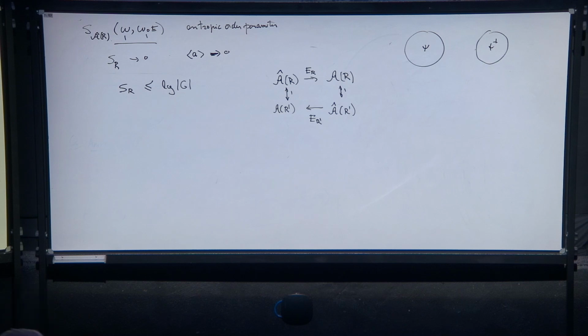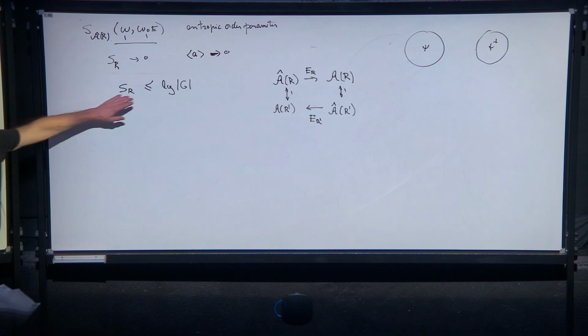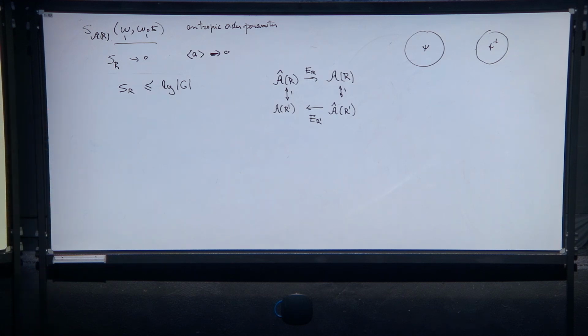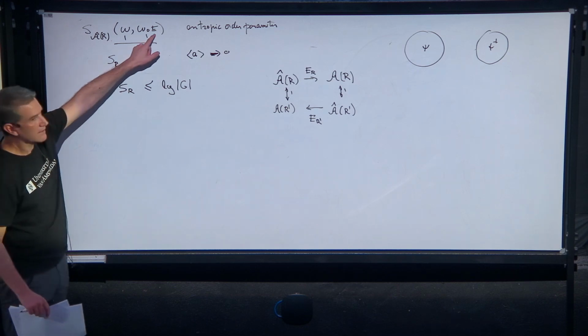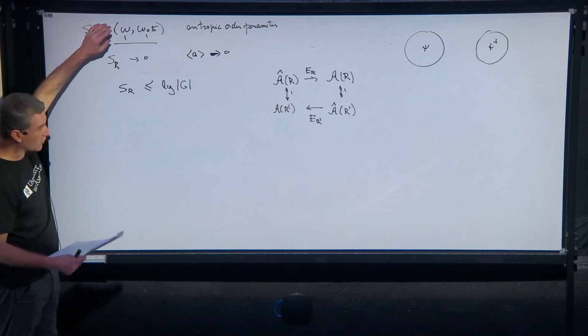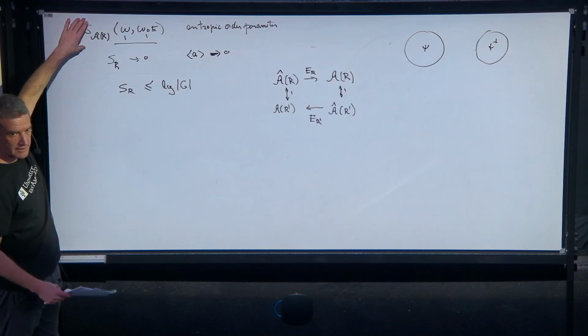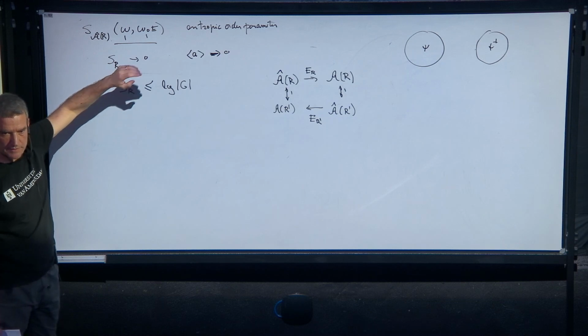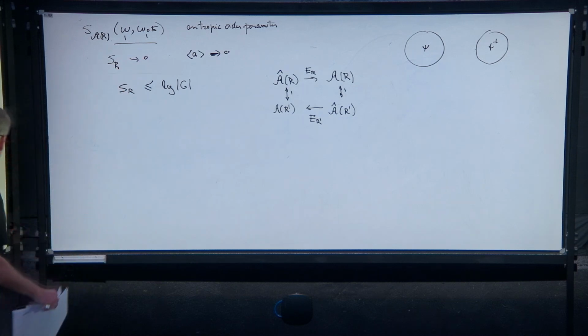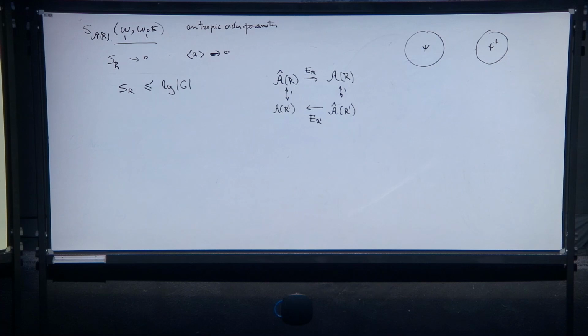Sorry? Is the order of G, how do you get G from the input? The input is a state and an algebra? Yeah, what I said is that I didn't want to, if you want, I can show you how you find this bound. But what I do here is just use this form of the conditional expectation here and use convexity of the relative entropy. This is a property, convexity of the relative entropy, under sum of the states, this is a sum of different states, right?